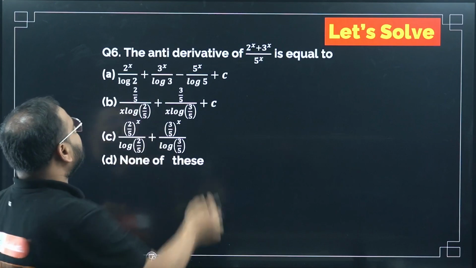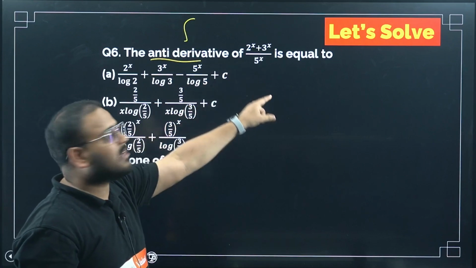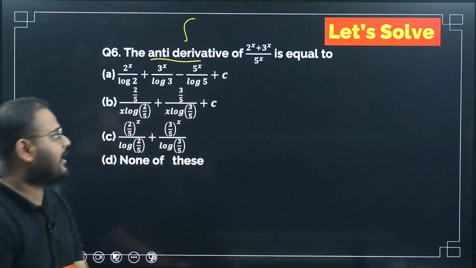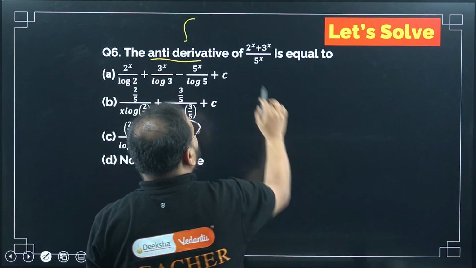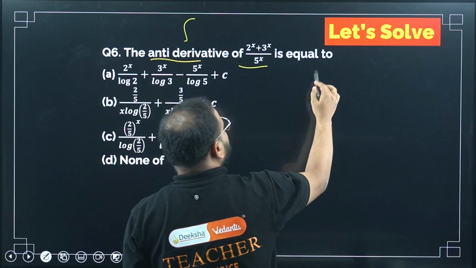Again, antiderivative means what? Integrals only. It means the integral of 2 power x plus 3 power x upon 5 power x. How can I integrate this? Right now it looks difficult. We'll modify it again. Write it as integration of